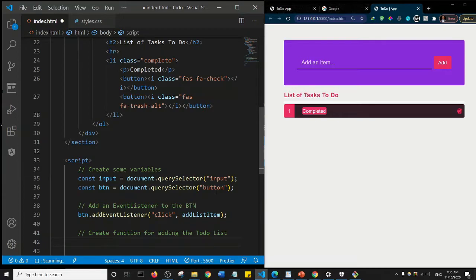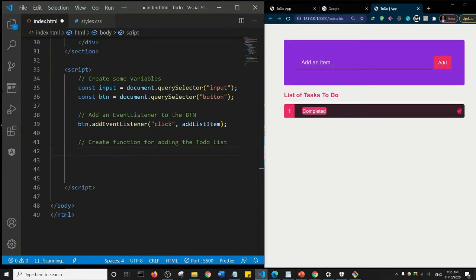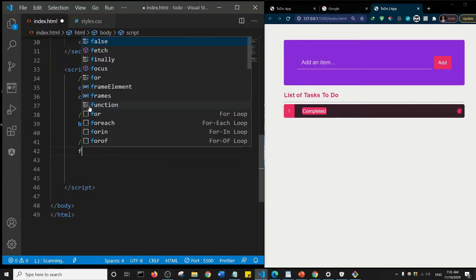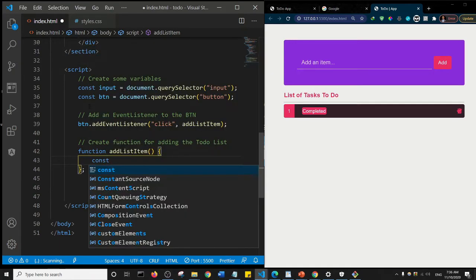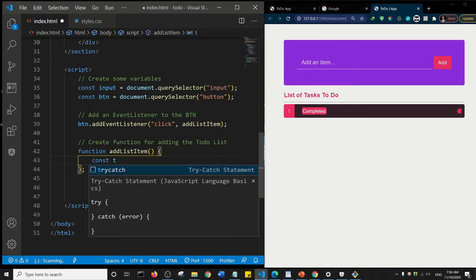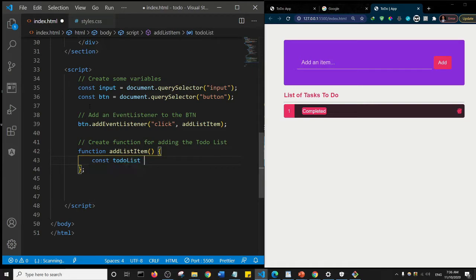Okay, so I'll just scroll down a bit and I would say function, and the name of the function, remember, is add list item. Okay, so let's add our parentheses and let's open up the function. All right, so what we're going to do first is we are going to do a variable. So I'll say const, and the name of this one is going to be to-do list, and it's going to be equal to